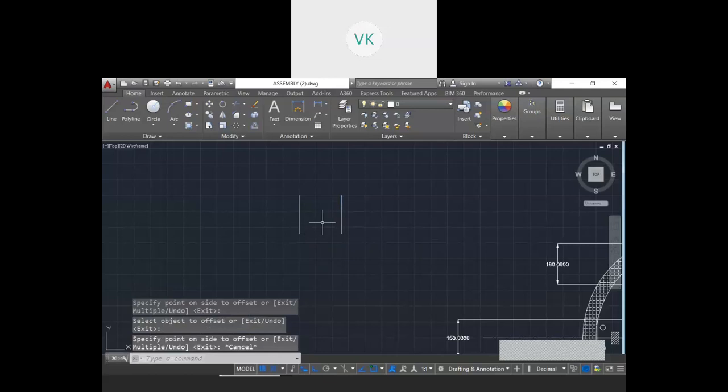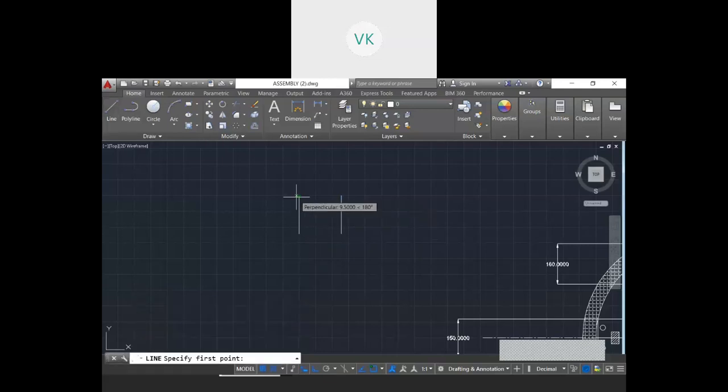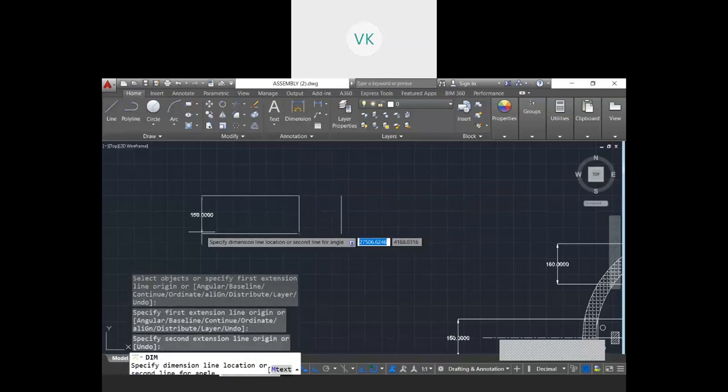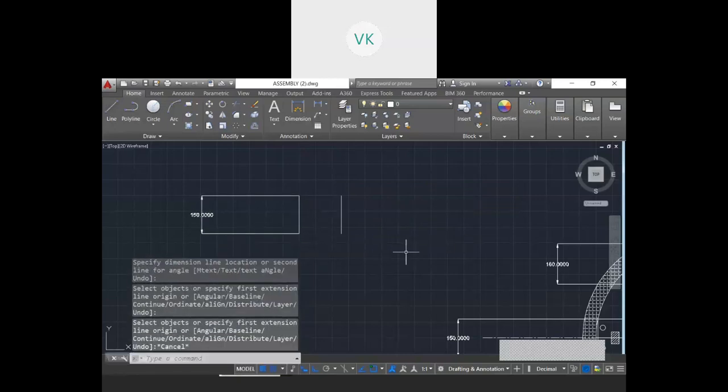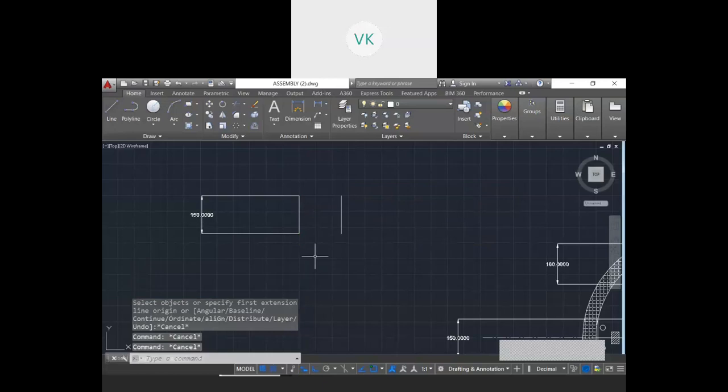Okay, so now in this case what happened, the total height is mentioned. I'll go to the dimension here. 150 height is given.